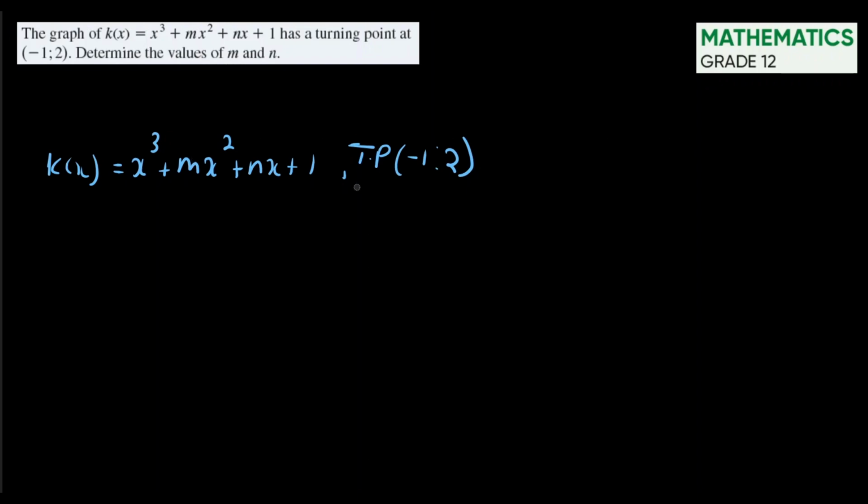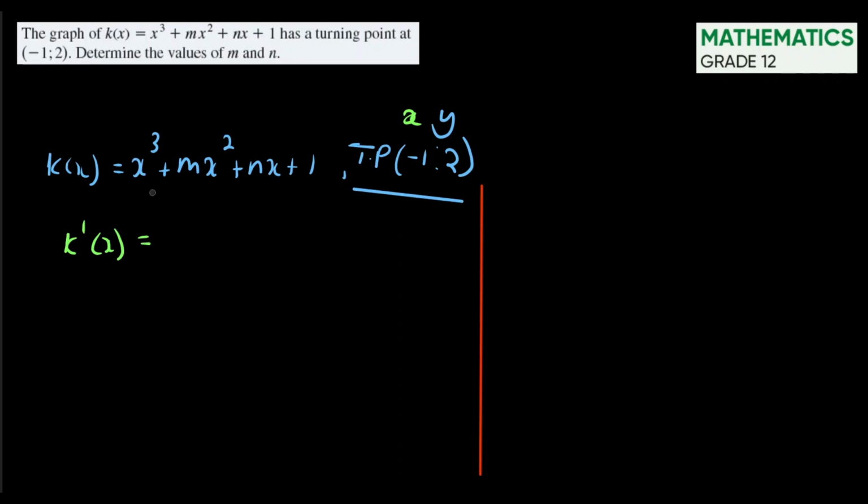So since this is a turning point, there's already a hint as to how we're going to solve this question. And I'll just remind you of that hint because I know you possibly know it. So we know that this is definitely our x, and that will be our y coordinate. And why is this important? Remember, when you're finding the turning point, you always say the first derivative